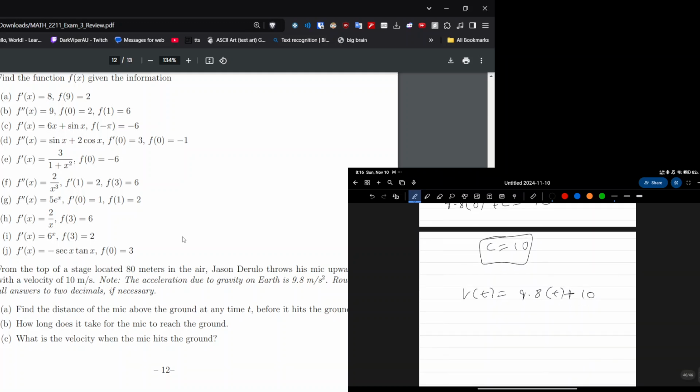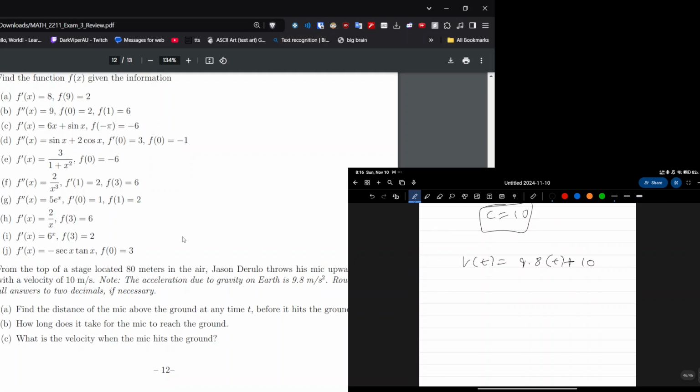Now I have to find the distance of the mic, so I have to find the distance function. We have gotten to velocity. Now we have to antidifferentiate this again to find the displacement. So s of t equals 9.8